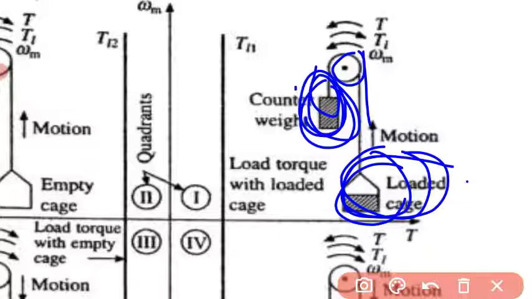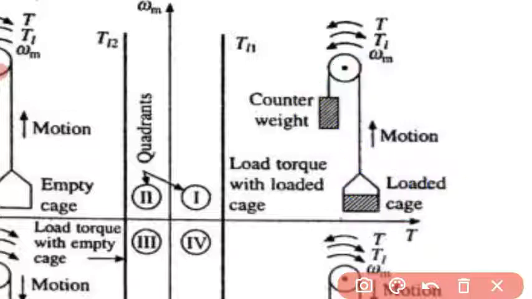Now, the forward direction of motor speed will be the one which gives upward motion of the cage. It means the forward motion gives the upward motion of the cage. The speed torque characteristics of the loads are shown in this figure. Though the positive load torque is opposite in sign to the positive motor torque, it is convenient to plot it on the same axis. The load torque curve drawn in this manner is in fact the negative of the actual.